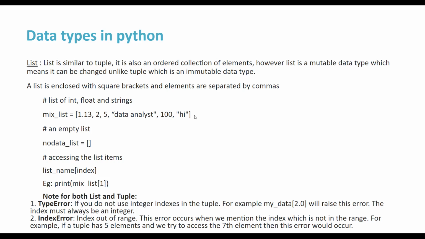Okay. So when we are talking about a list, if you see here as an example, this is a decimal value. This is an integer value. This is a string value. Again, this is an integer value, and again, this is a string value. So here we have multiple data types of values within a list. Suppose we want to declare an empty list, we just mention the variable name and an empty square bracket so that you can add the values later.